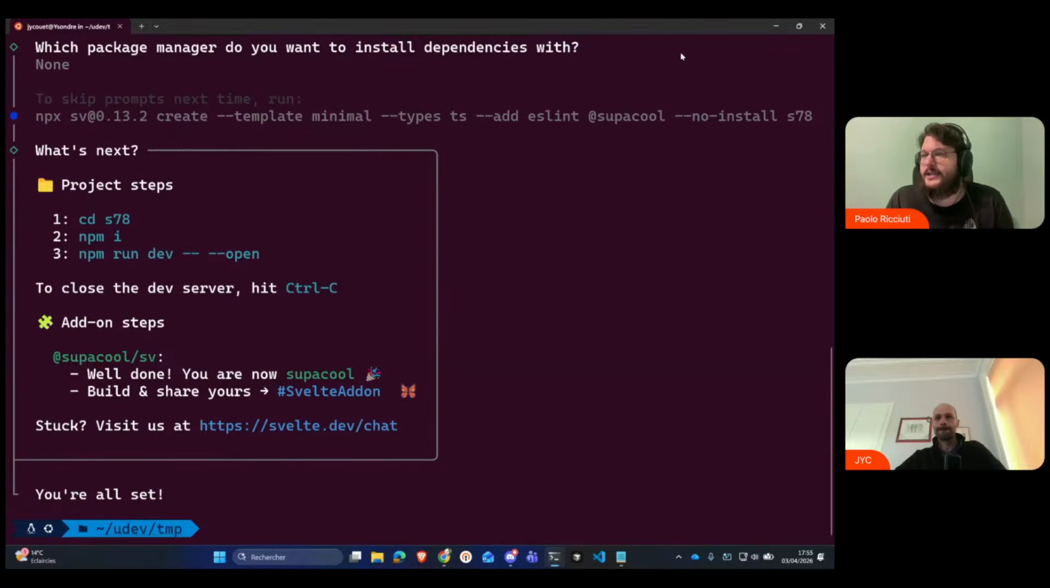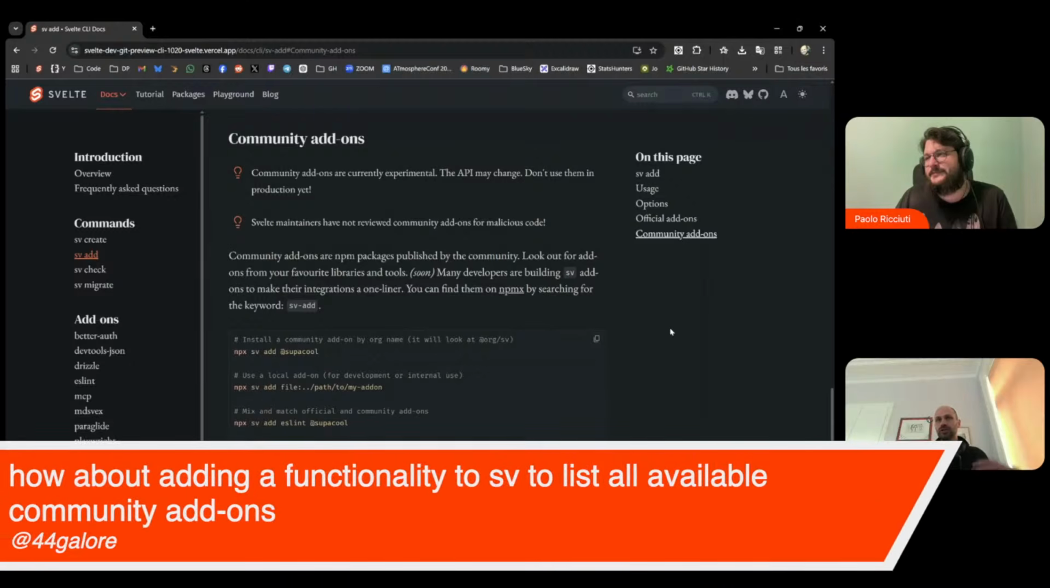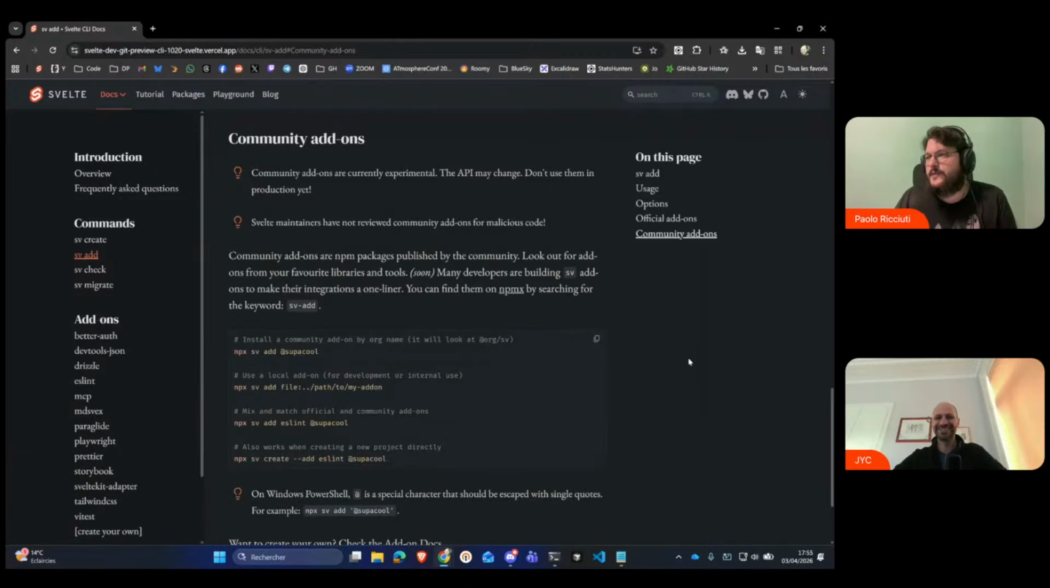I think there was a question at the beginning of the stream, which was, how about adding a functionality to list all available community add-ons? And I don't think that's possible, right? Because it's all through npm. Yeah, exactly. It's through npm, and then we don't want to have a list of 2,000 add-ons. I don't know when we'll have 2,000, but